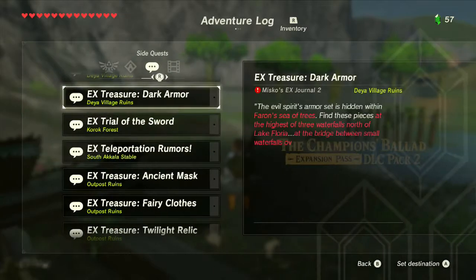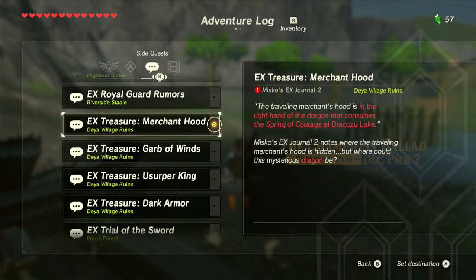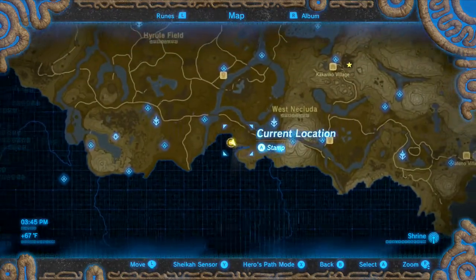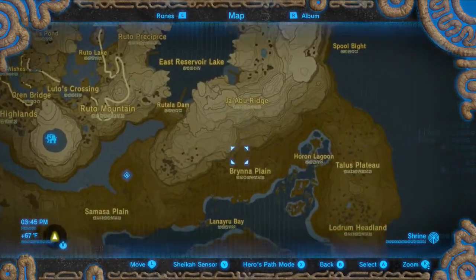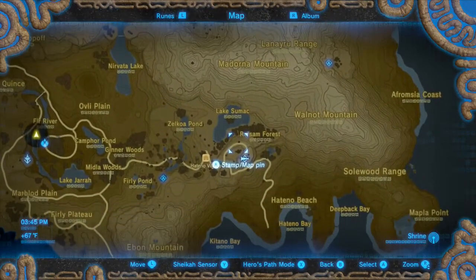Okay. So the quest here. Right hand of the dragon that consumes the Spring of Courage at Dracozu Lake. Right hand of the dragon at the Spring of Courage. Well, that's the thing. I'm not sure where the Spring of Courage is. In fact,